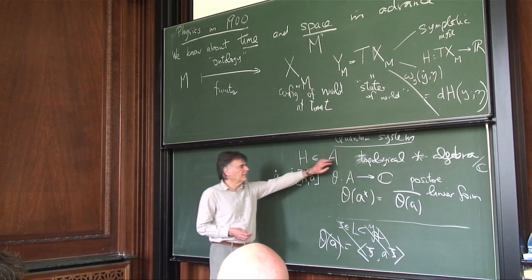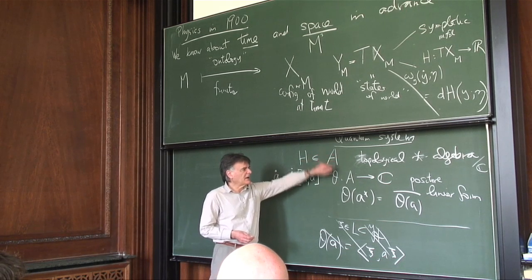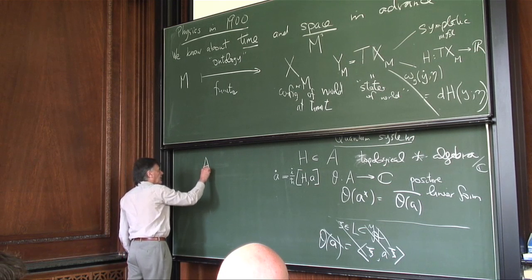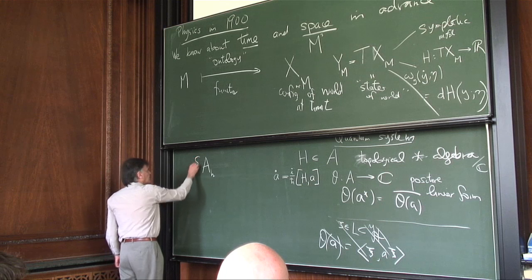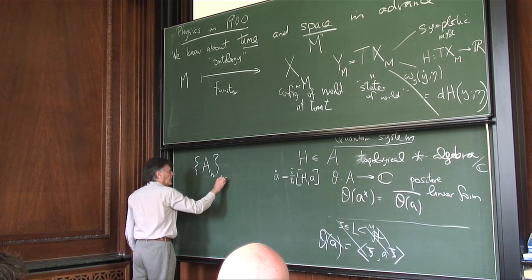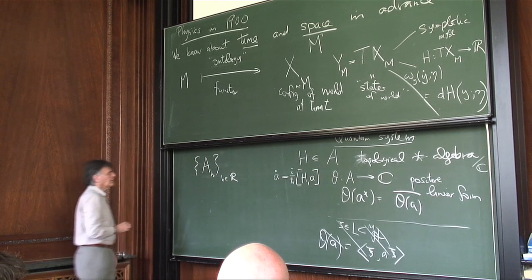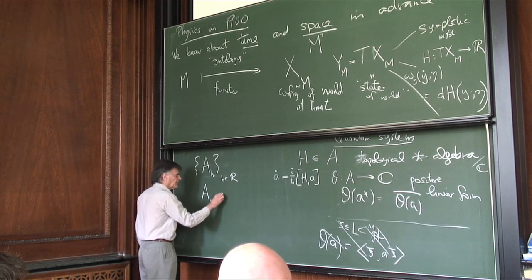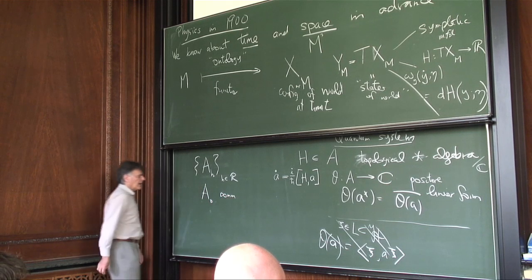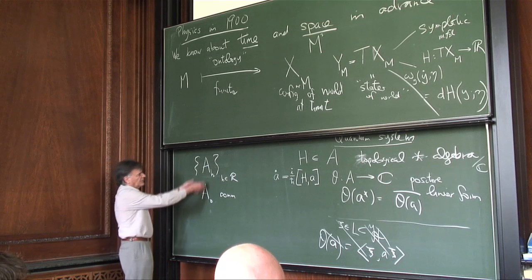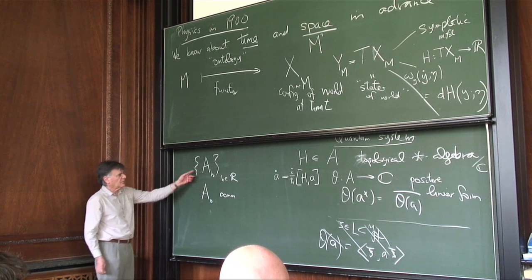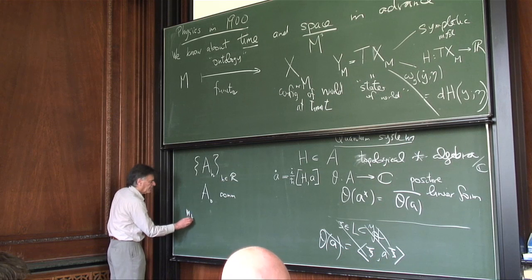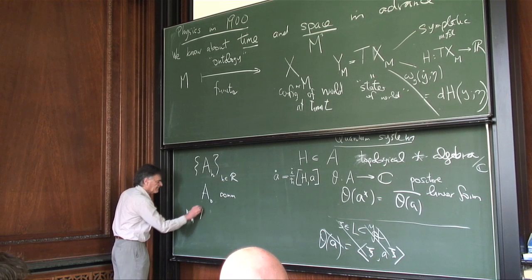Well, what do we mean when we say that an algebra is a deformation of a commutative algebra? You really mean that you have a one-parameter family of algebras depending on a small parameter H, which is defined in the neighborhood of the identity. A naught is commutative. And if you identify all these as vector spaces, what we have is a single vector space with a one-parameter family of multiplications,